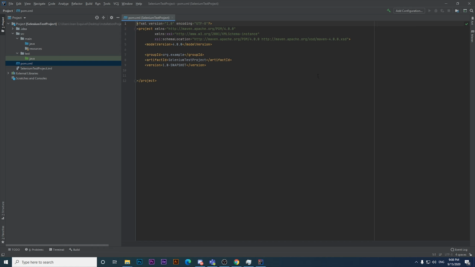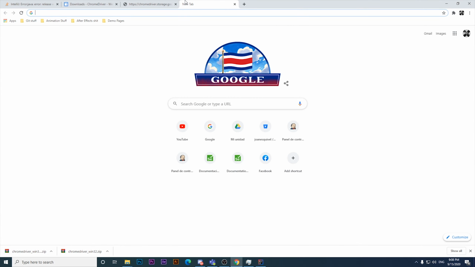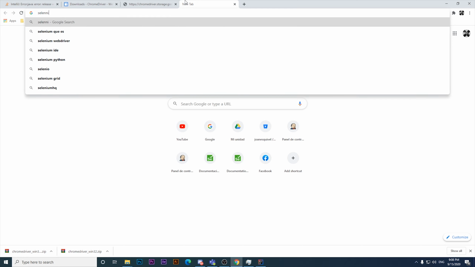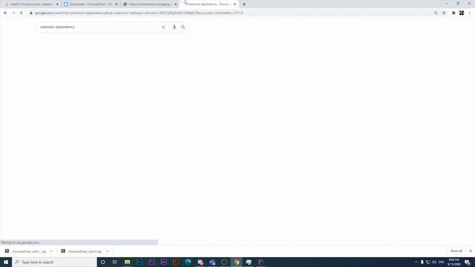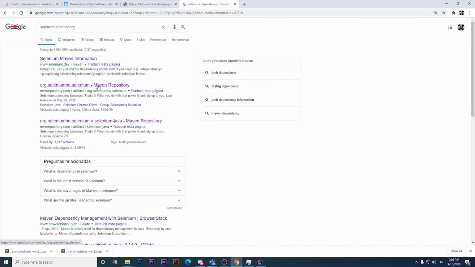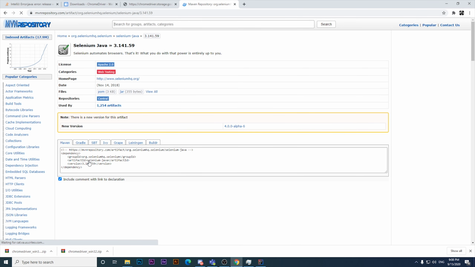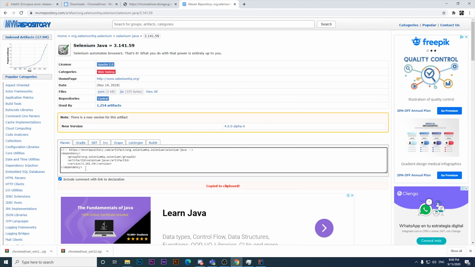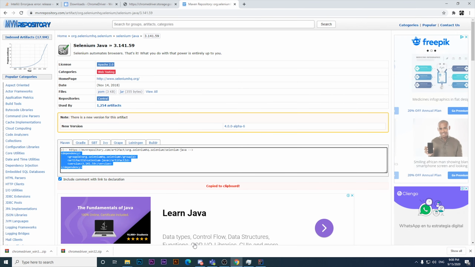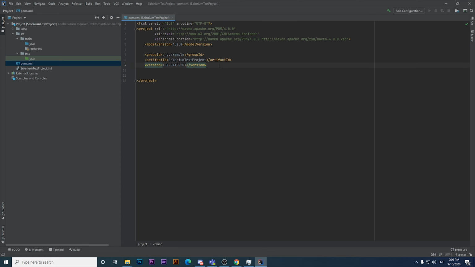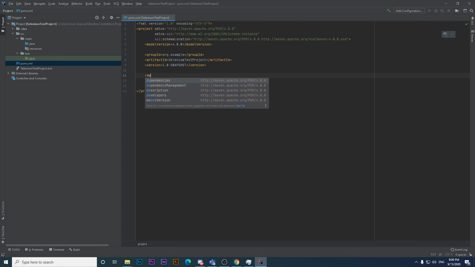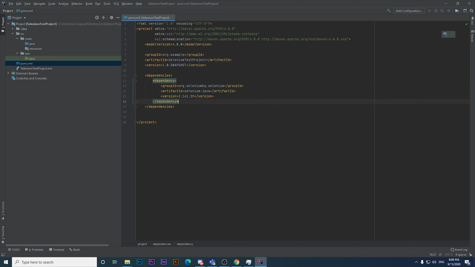However, just to give you an example of how powerful the pom.xml is, we can find a variety of dependencies on the web. For example, in this particular case, I'm gonna look for the dependency of Selenium. You can find that I have found it in the second result. I'm gonna open it, and I'm gonna look for the last stable version. In this particular case it is 3.41. I don't remember the exact number, but I need to open a dependencies bracket,